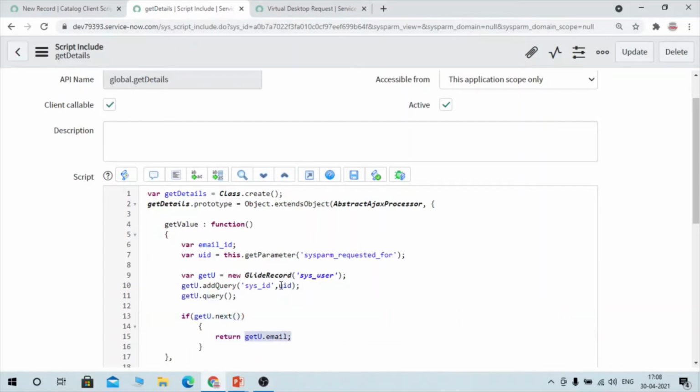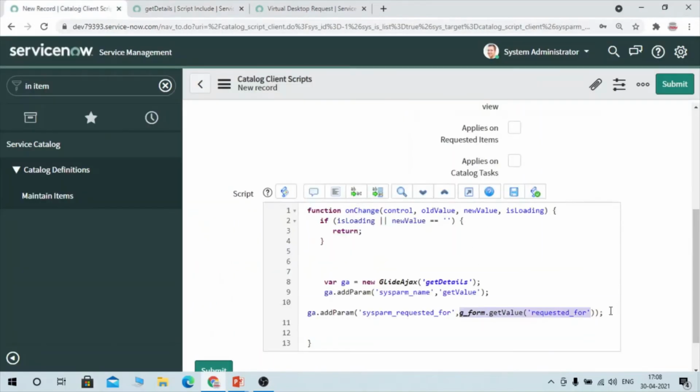So once the user is selected and we get the sys_id in the user table, we return the email ID of that respective user. I'm trying to make you understand very clearly, but if you still have any doubt, you can let me know in the comment section. We have defined our parameter.